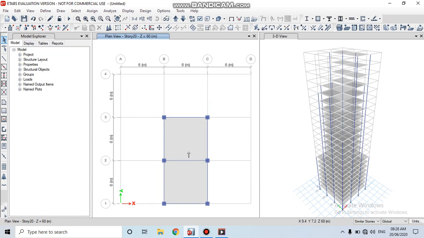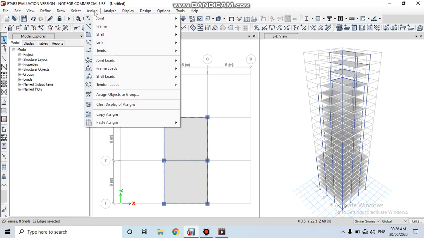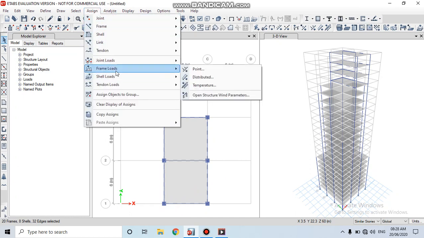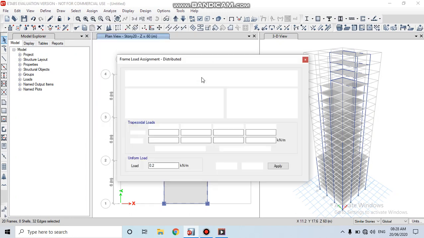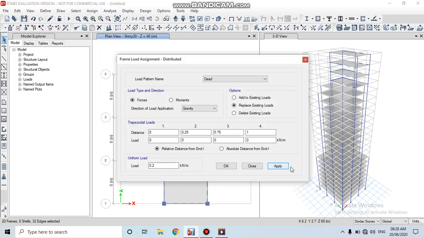Here by selecting the exterior beams, then click on to the assign, click on frame loads, click on to the distributed and have the uniform load of 0.2.